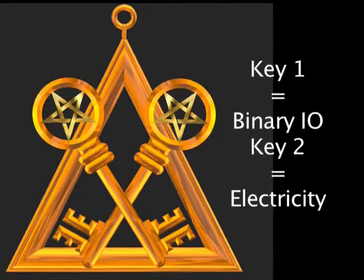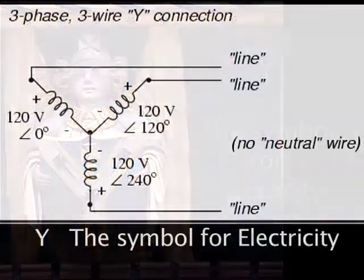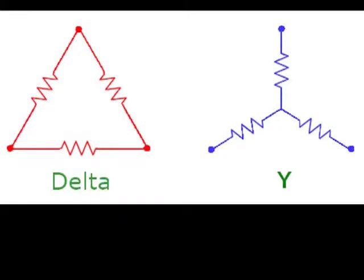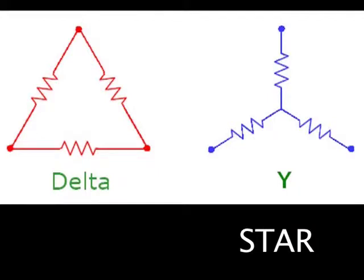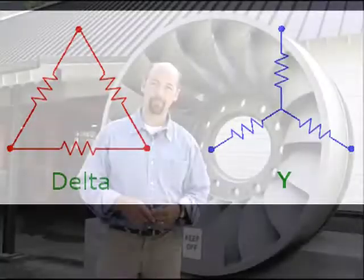When I say that the letter Y is the symbol for electricity, I am referring to the term star. All generated electricity is created and formed into two patterns or symbols. These are known as star and delta. Star is this pattern, and delta is this pattern. When electrical energy is created,